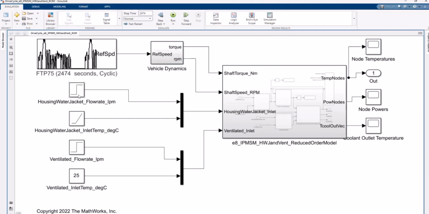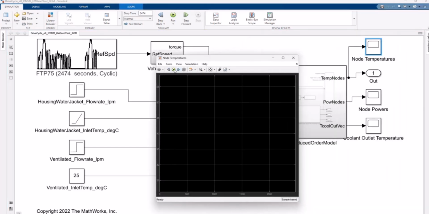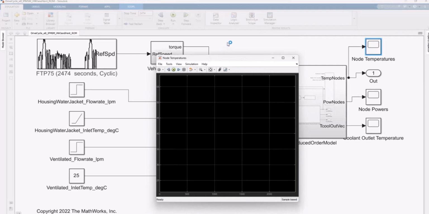And here we're also playing with some dynamic changes in operating conditions, like housing water jacket flow rate changing as a step, and the inlet temperature of the housing water jacket ramping up as it's running. We're imagining it runs as a cycle, like the outlet of the housing water jacket fluid comes eventually back in as the inlet, so it's continuously heating. And we're going to try to mimic a little bit all of that and see how we can get some insights about the temperature in different components inside the motor.